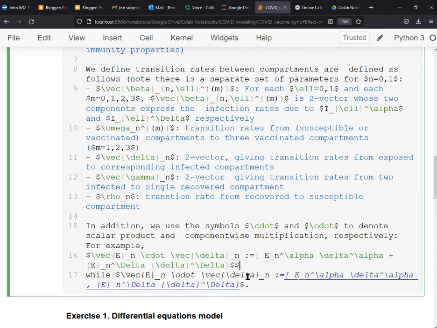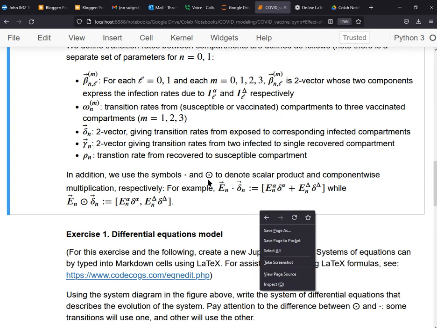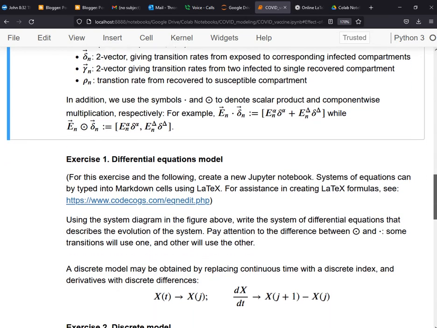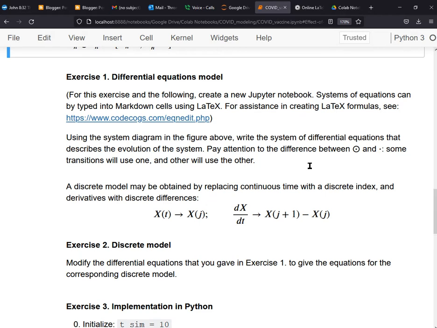All right. So you can see how to make your equations. Now there's a nicer way to do it, to line up the equations. I can show you that later. That's not important at the beginning. Just get the equations down there. Okay. So that's a way that you can enter LaTeX formulas. All right. So using the system diagram in the figure above, write the system of differential equations that describes the evolution of the system. Now look, since you've got